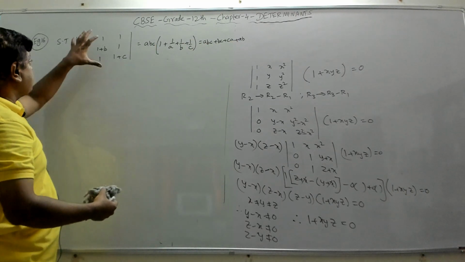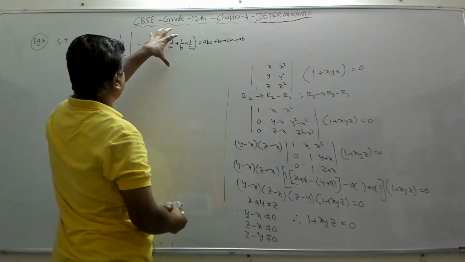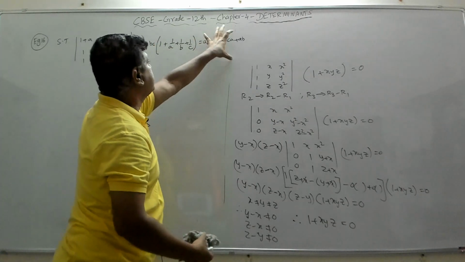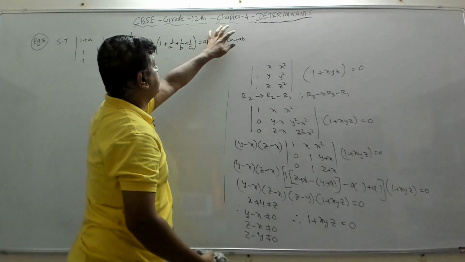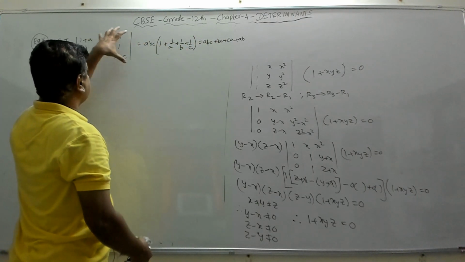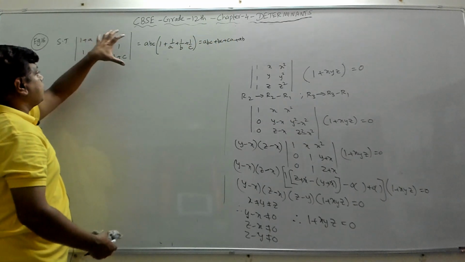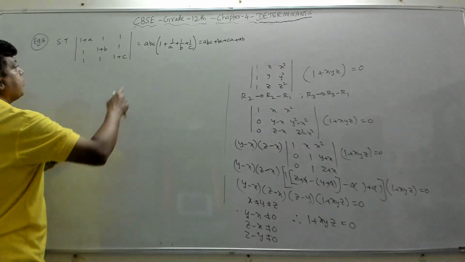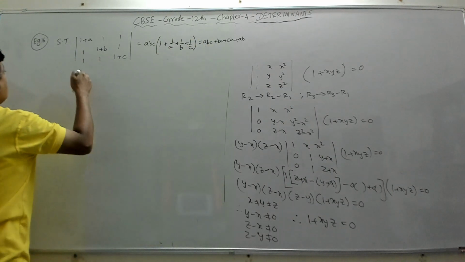So once you prove the value of this determinant equal to this, then proving this equal to this is easy. Sometimes in the exam they may say prove this is equal to this directly, they may not give this. So you must know that you have to first prove this in this term, then it is easy to get this. So we'll prove now this is equal to this first. But after that, proving this is equal to this is just a multiplication. So now, how do we prove this?